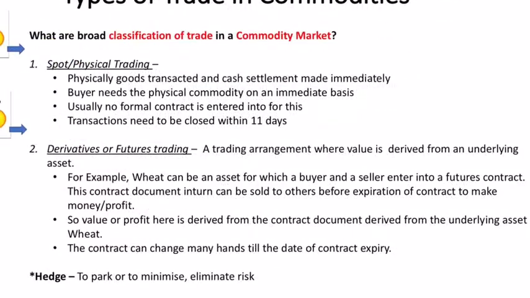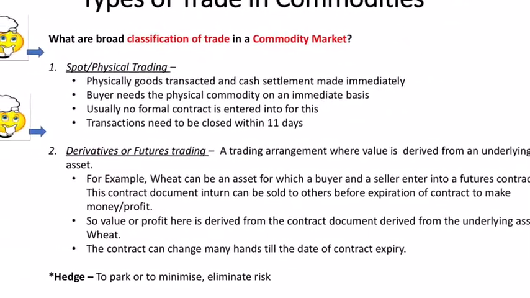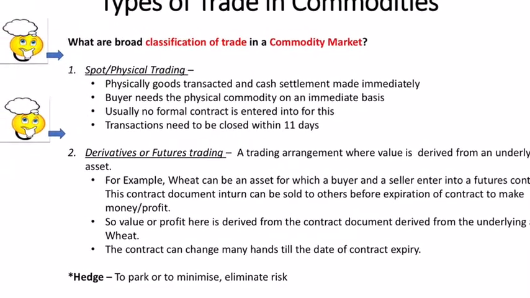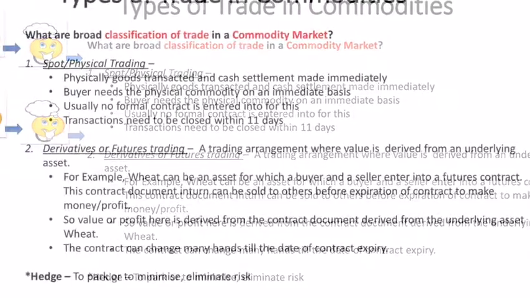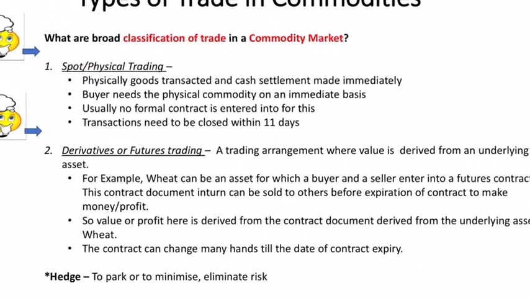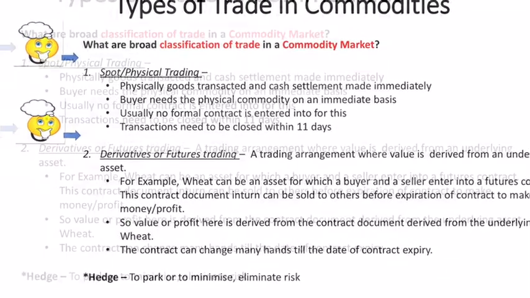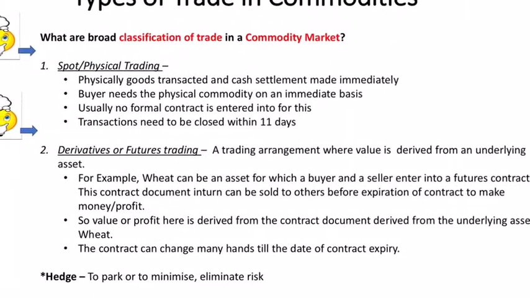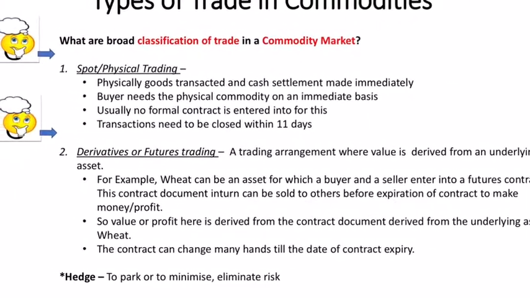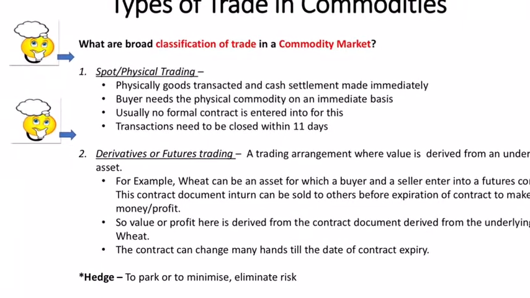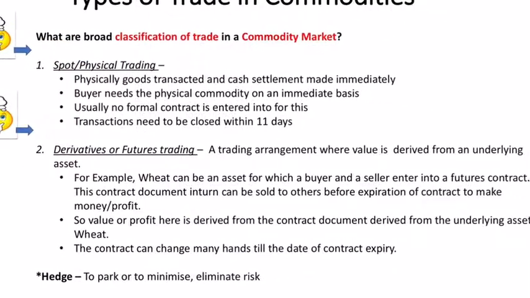So spot trading is where settlement happens immediately. Usually transactions in spot trading need to be closed within 11 days. Okay, and there might not be any formal contract for spot trading or physical trading. The idea here is that the buyer needs the physical delivery of goods on an immediate basis. Okay, the other category